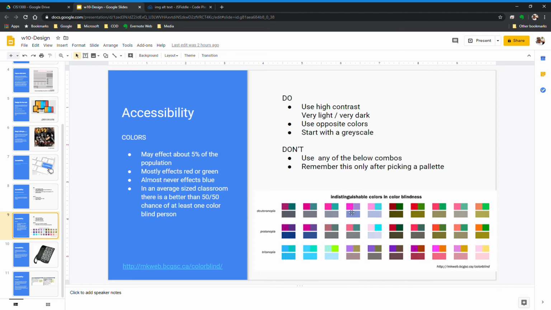So I've downloaded and made a copy of this cool chart. Here's the link for it here. If you're not sure what to do, just look at this chart and don't use those color combinations. So probably pink and blue here is maybe one of the more common ones that would be used together. And you can't use those particular shades of pink and blue, or else somebody with that type of